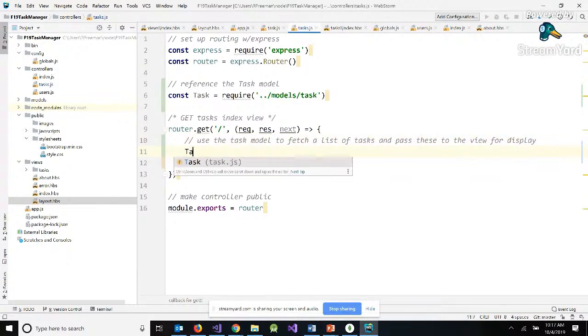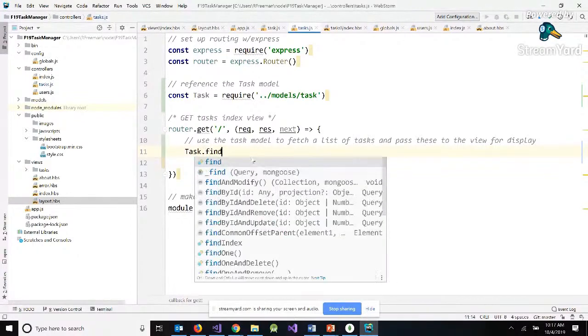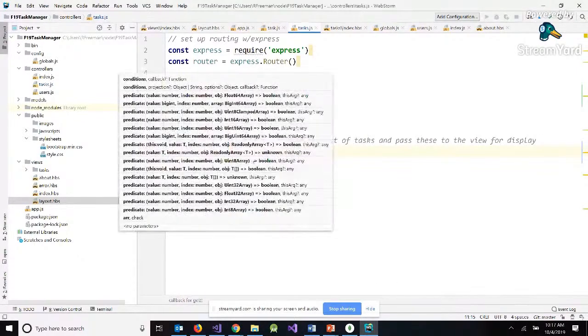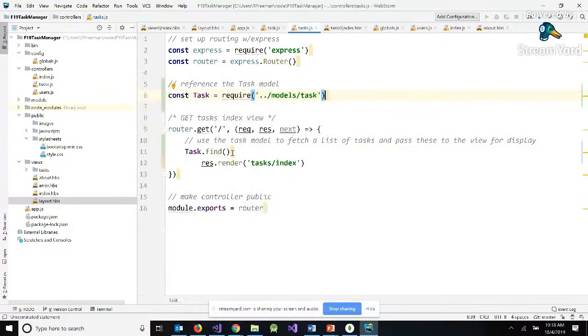So we use our task object that I'm creating here in line 6. We actually just call find. And find, if there's no filter, it'll get everything. So find takes a callback. It runs. So in here,